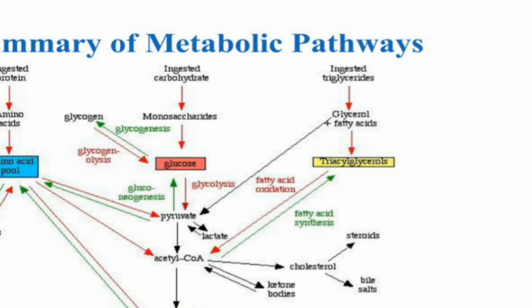Okay, so now when pyruvate has been formed, you need to understand that pyruvate is an insoluble molecule that cannot enter the matrix of the mitochondria. Hence, it needs an enzyme called pyruvate dehydrogenase. This enzyme is the only enzyme that can convert pyruvate to form acetyl-CoA. When acetyl-CoA has been formed, this is the only molecule that is soluble, that can enter and penetrate the matrix of the mitochondria to activate